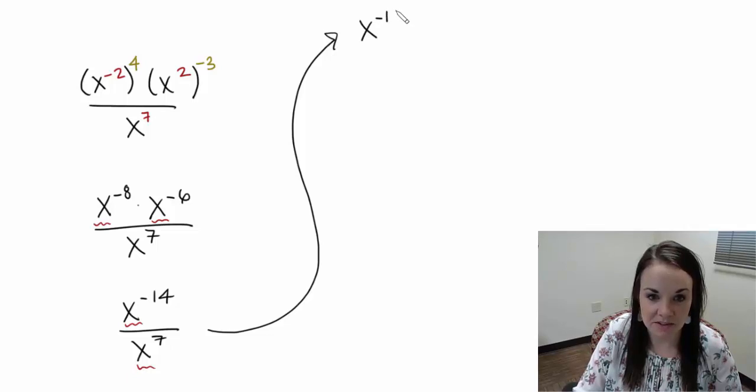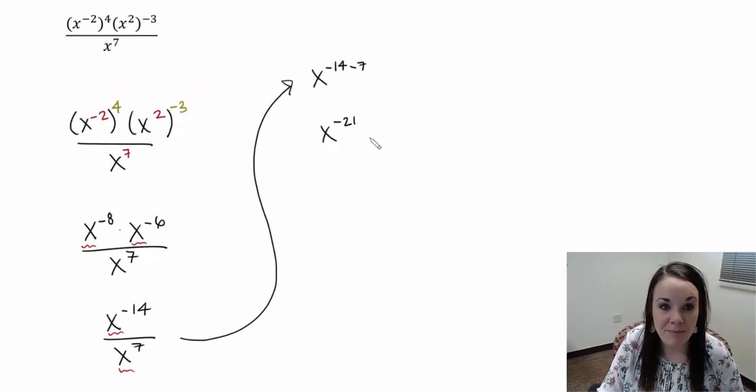I'm going to write this out in a couple steps. So we have x to the negative 14th minus 7, and then that can simplify to x to the negative 21 power. Now we're almost done, but make a note,